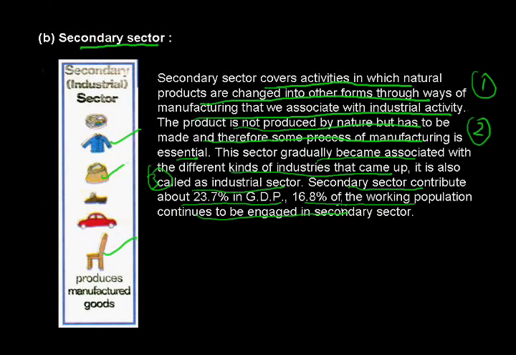And second thing, if you want to work on the machines, you must be skilled. You must know how to use the machines. And in our country, one of the most negative factors related to our population is lack of skill. That's why most of the population is based on agriculture, which doesn't require any type of skill. But if we are talking about the secondary sector, only 16.8% of the working population is based on